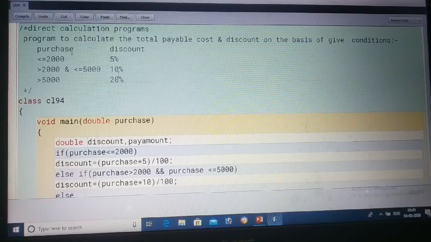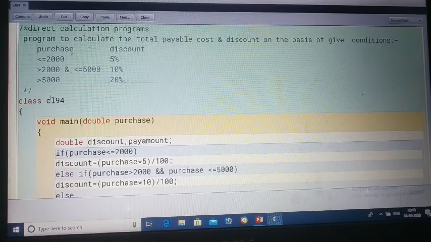This kind of programs is called direct calculation programs. So here you put the condition according to the range, and whatever condition is checked, that is checked on the basis of a certain selected range.